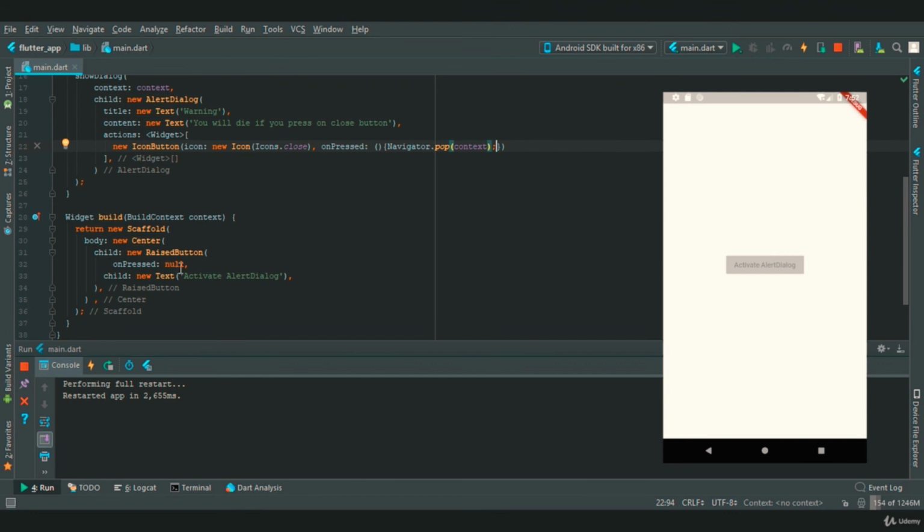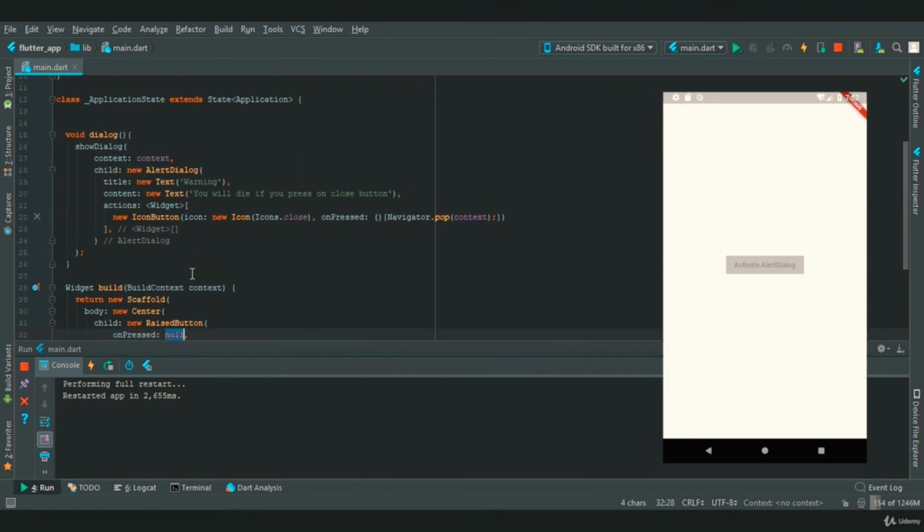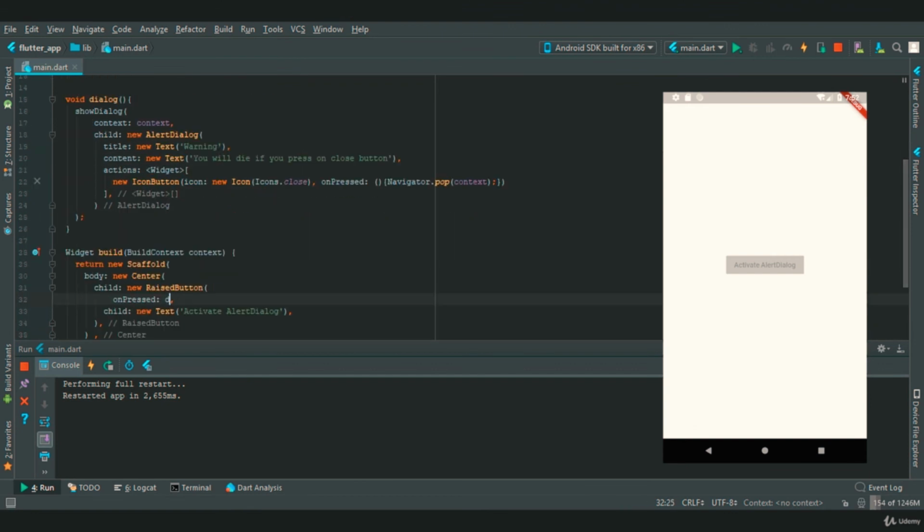So now in the raised button we need to call our method. We need to create a function in which we provide the dialog method. Now let's restart our app.